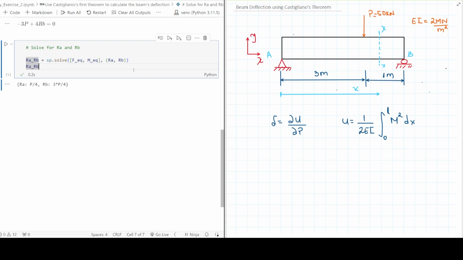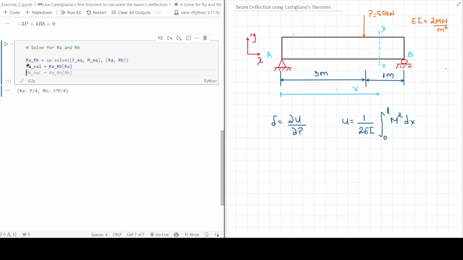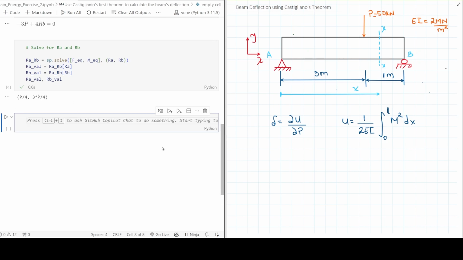Perfect. Now that we have found the values for the reactions at A and B, they look good, but I would like to put it into this form. So let me just take the value of RA, and then the value of this one. Let me just verify that I'm getting what I need. Yes, this is RA, and this is RB. Perfect. Then let's write down the shear force